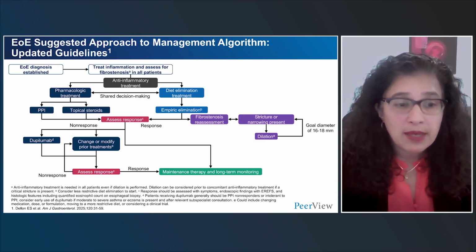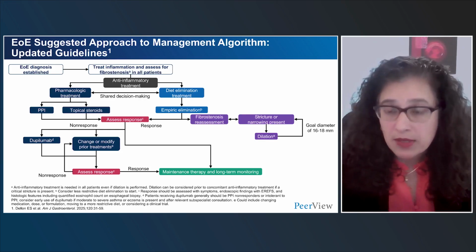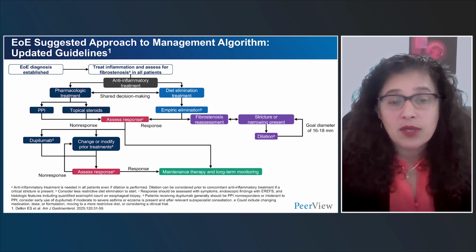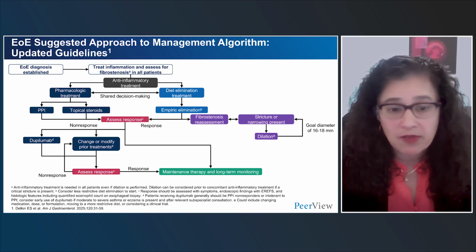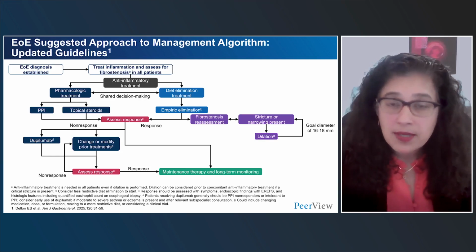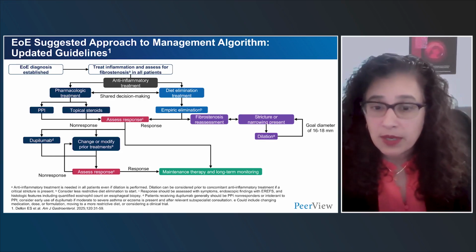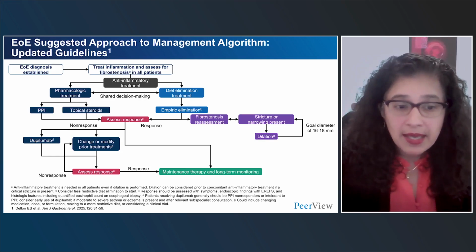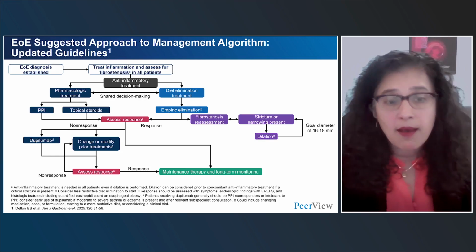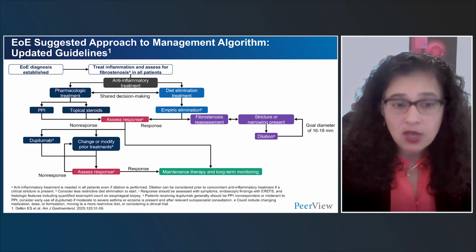You can move on to biologic therapy, such as dupilumab. And after you change these treatments, you're going to again assess response to make sure that you have adequate suppression of inflammation. If you have response, you're going to go through maintenance therapy and long term monitoring. Again, if there's no response, you're going to go back up here to this top bubble and change and modify